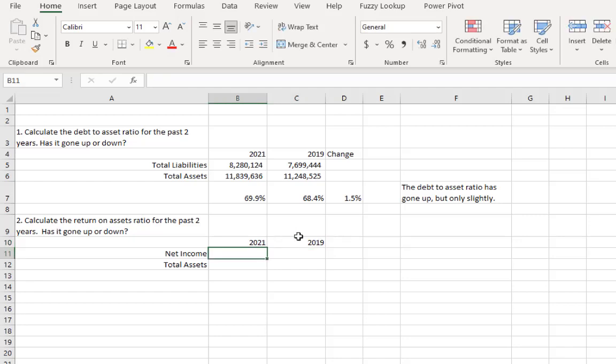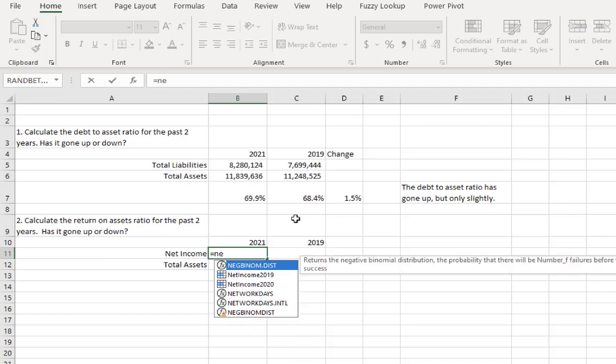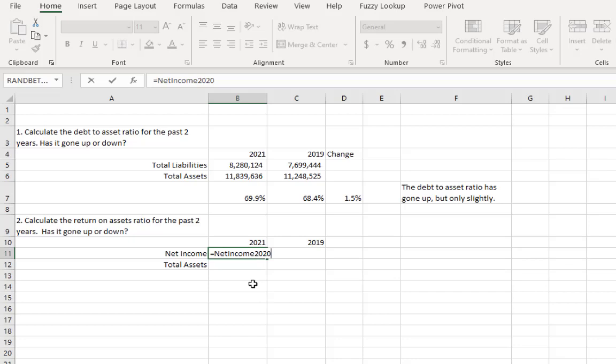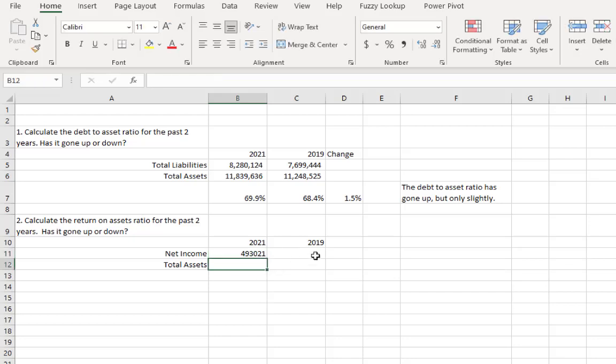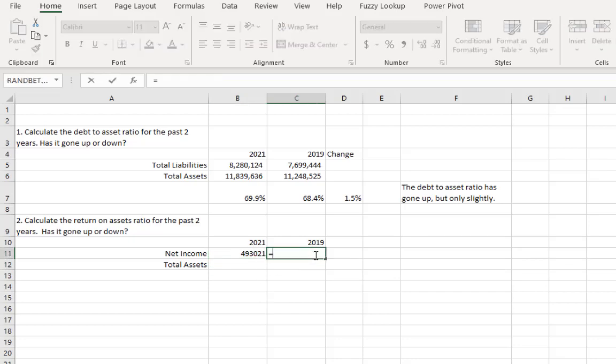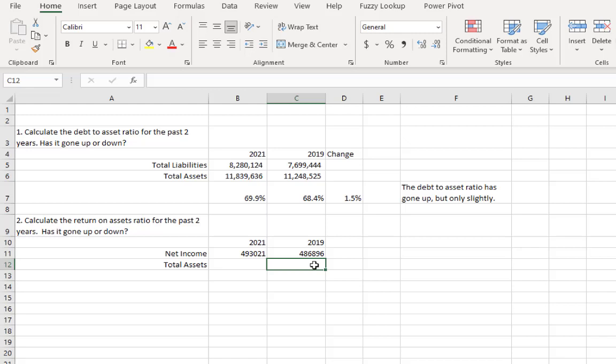Okay. Now, my guess is net income is something I think we've dealt with before. So before I go back and look for it, I'm going to see if I've named it. So I'm going to go equal to, and I'm going to start typing net income. And look, I did it already. So here's net income 2020. If I did it, you should have done it. So equal net income 2019. It's that easy. That's the wonderful thing about naming some of these cells,